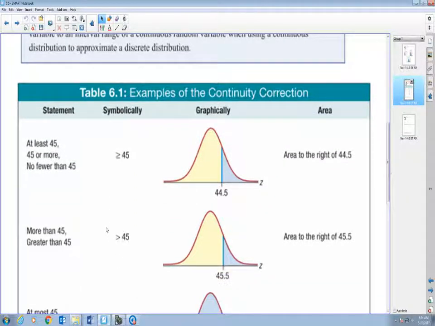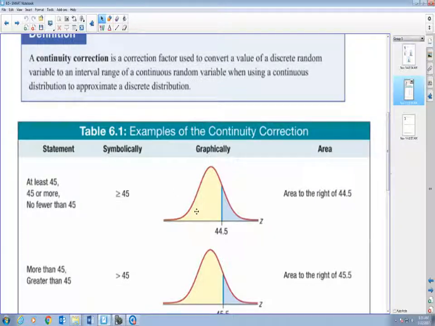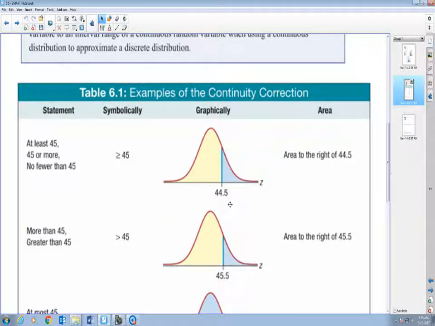So as you can recall, for example, if I have at least 45 or more, my symbol is greater than or equal to 45. So under the binomial distribution, greater than or equal to 45, I will probably use binomial CDF, and 1 minus the binomial CDF will give me what's to the right side of 45. So with the continuity correction, rather than use 45, under normal we will use 44.5,